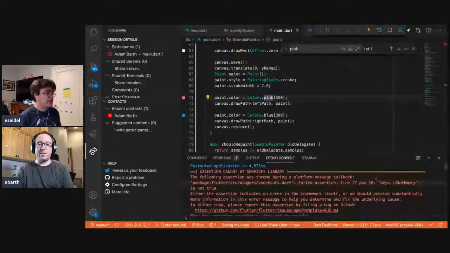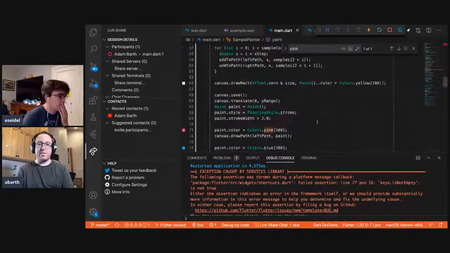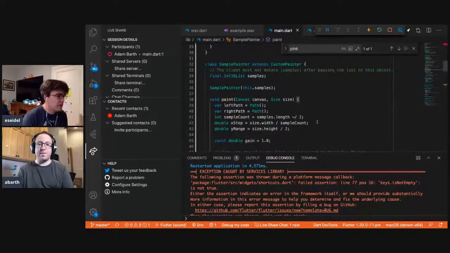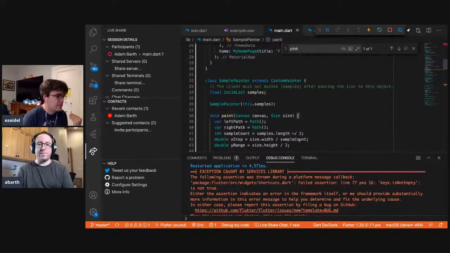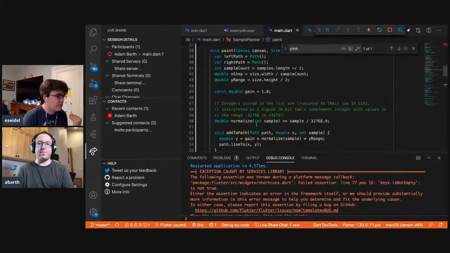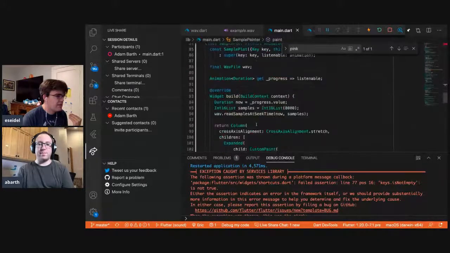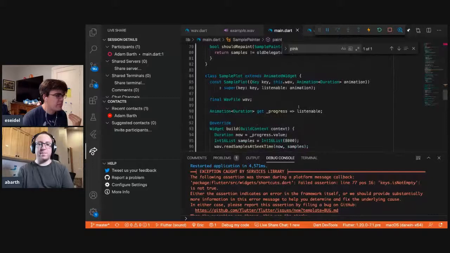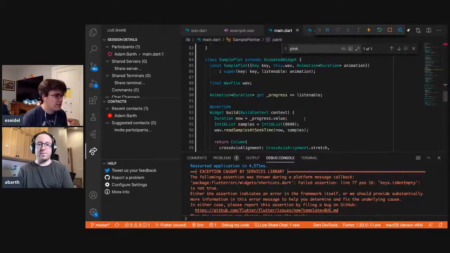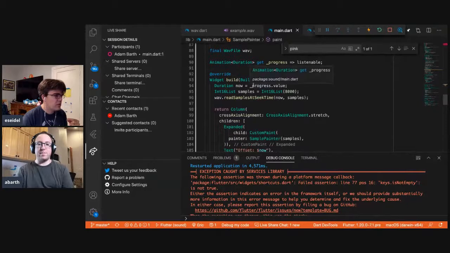So if I recall correctly, I've got to page this all back in. This is our custom painter class, which paints our little graph. And something feeds in the current time. We have our animation that goes from 0 to 1, and then that gets extrapolated.